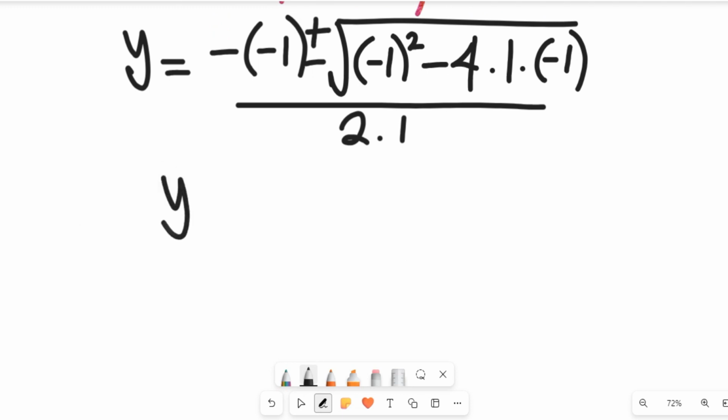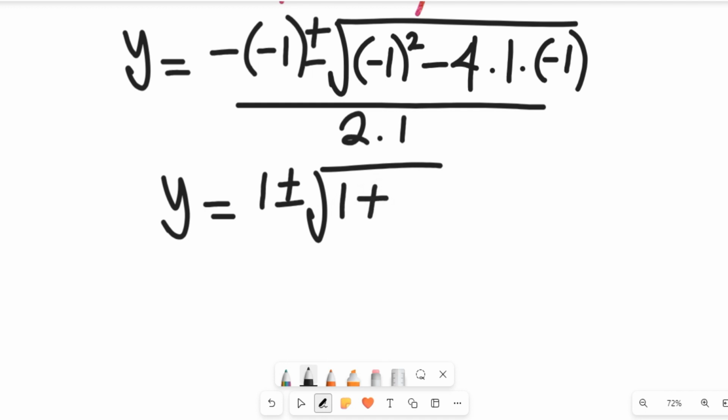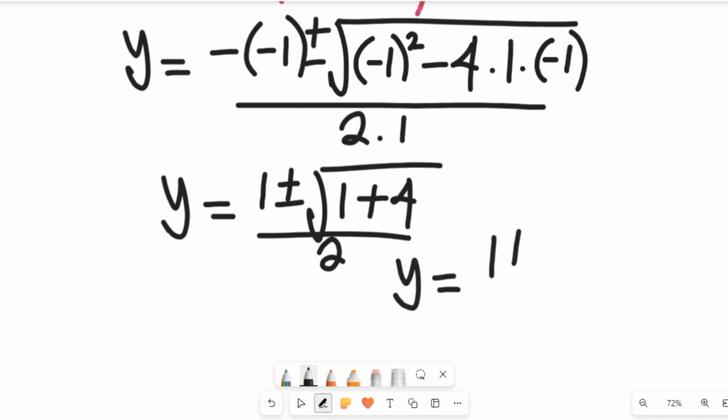The value of y will now be equal to minus times minus is going to give us 1 plus or minus the square root of, this is going to give us 1, minus times minus will give us plus, and then 4 times 1 is 4, 4 times 1 will also give us what? 4, divided by 2 times 1 is 2. So what do we have here? We have our y to be equal to 1 plus or minus the square root of 5